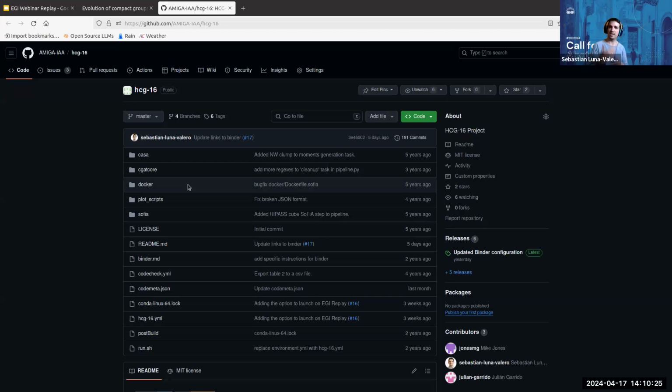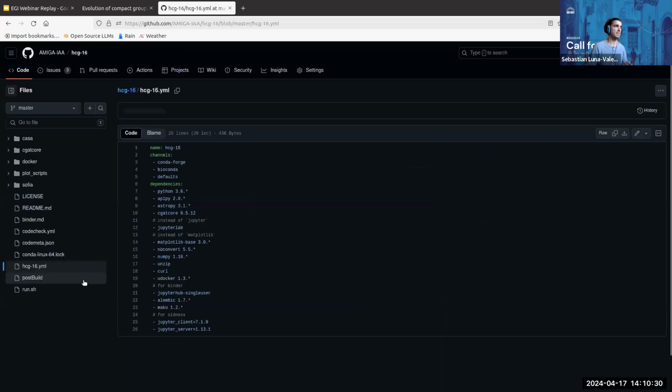So as a second step, what we did was to create a conda environment file, and this is a YAML file. You see in this YAML file we give a name to the environment that we're going to create. We specify the conda channels. These are the channels to download the software packages. And then we provide the list of dependencies for the environment. And not only the list of dependencies, but also the actual version of the software that we need to recreate this software environment for the code to work properly.